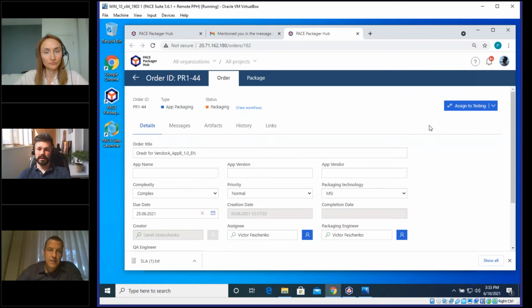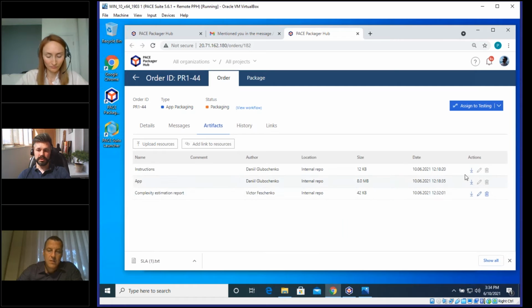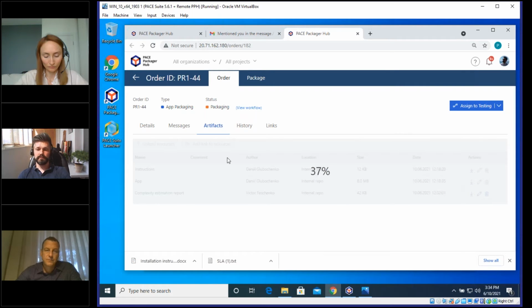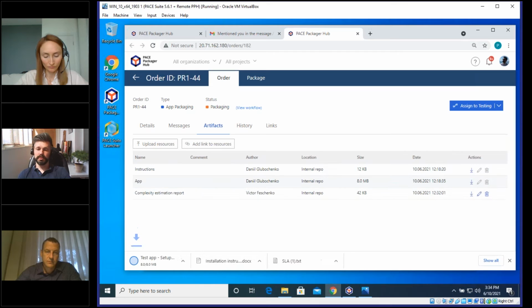So just clicking packaging, and one more thing we should do is get the package installation configuration instruction. We just click and download, and also we need to get a source installation of the package. It should be converted to MSI. Just click and download. And what is a cool feature of PackagerHub is that all files of the order are placed in one place, and you can upload a file of any size, even a few gigabytes, to the order. You don't need to use any external tool,